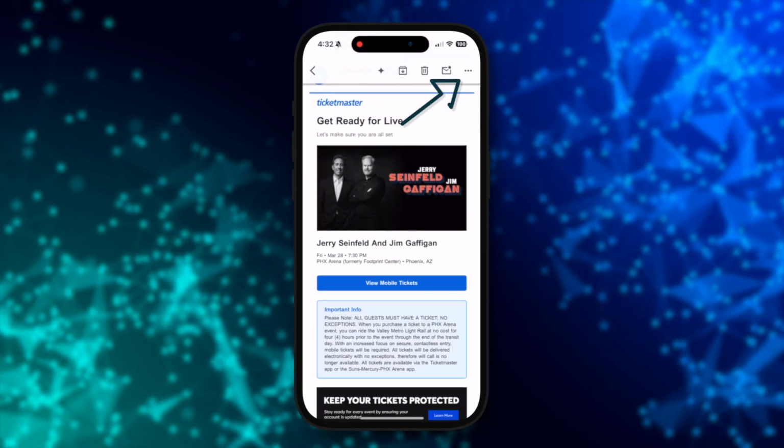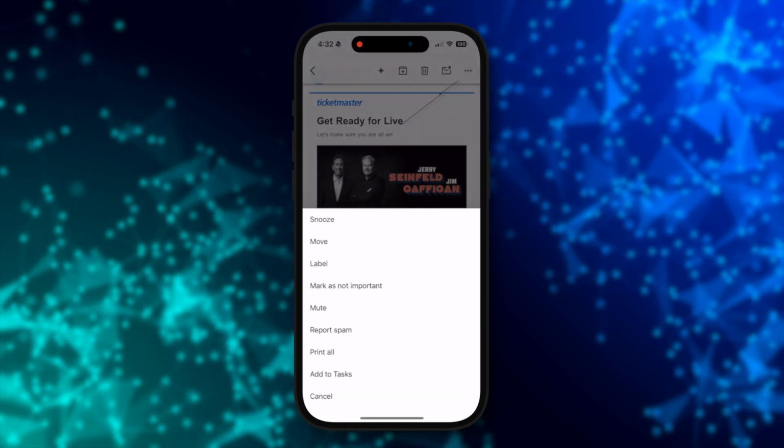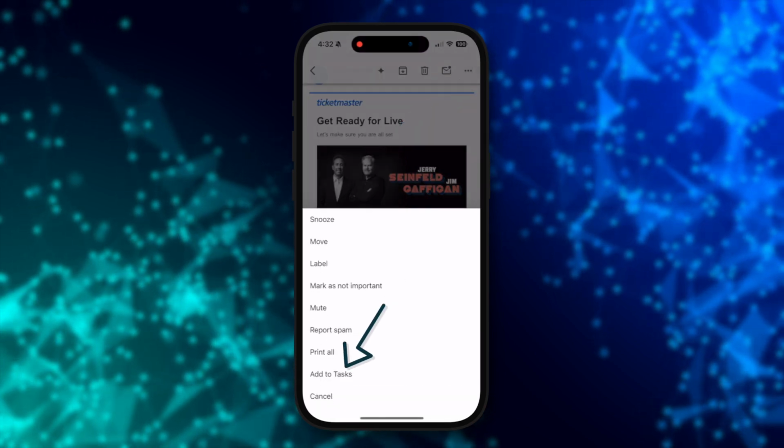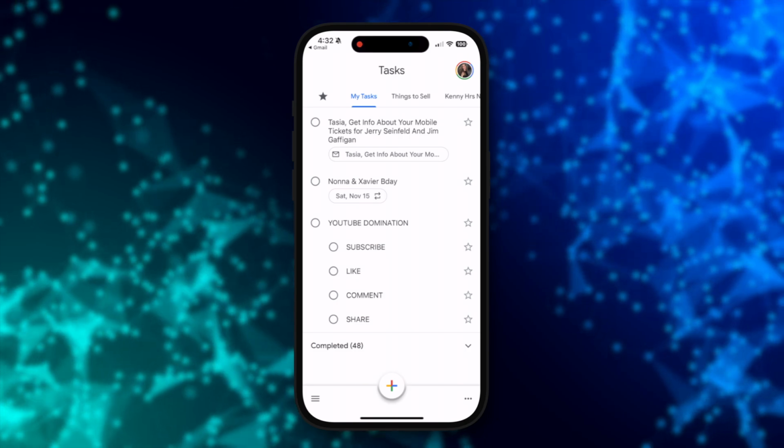And yes, you can add tasks from emails in Gmail on mobile too. From the Gmail app, open the email that you want to add and select the 3-dot menu icon in the top right, and then just select Add to Tasks. It's really that easy. Coming in at number 2 on my list of top 5 Google Task tips for productivity